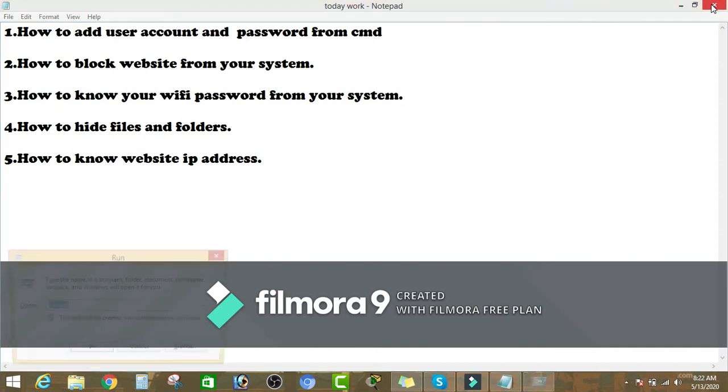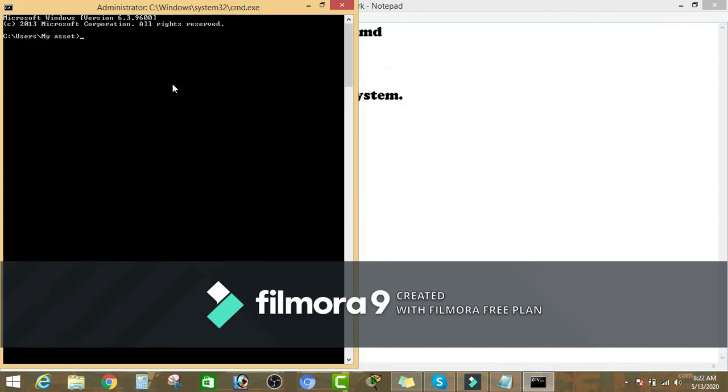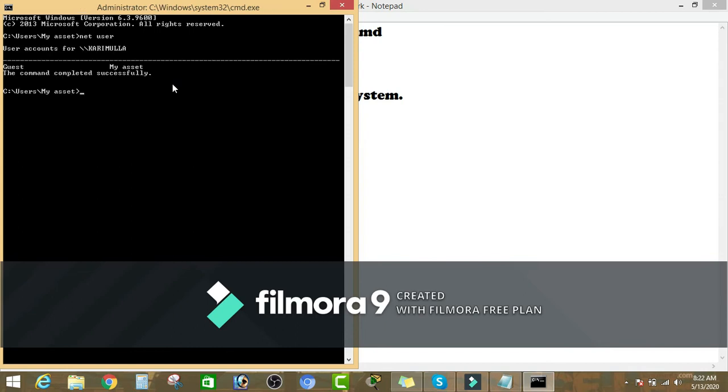Okay, first we have to go to command prompt, cmd. Next type here net space user. It will show how many accounts are present in your system. Guest account is there, my asset account is there. Now I am adding a new account.